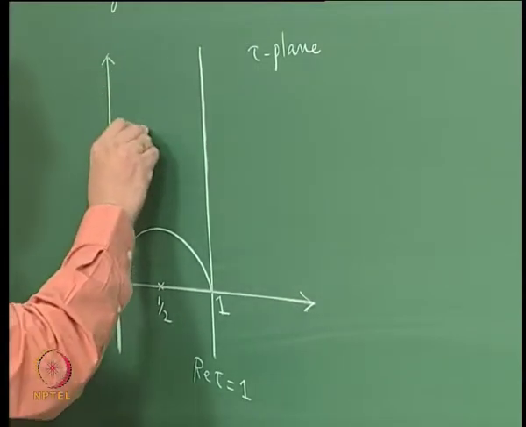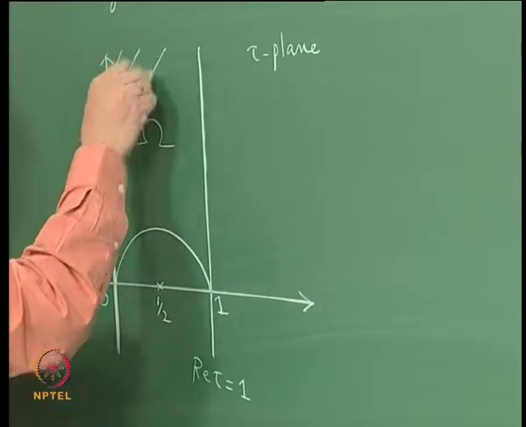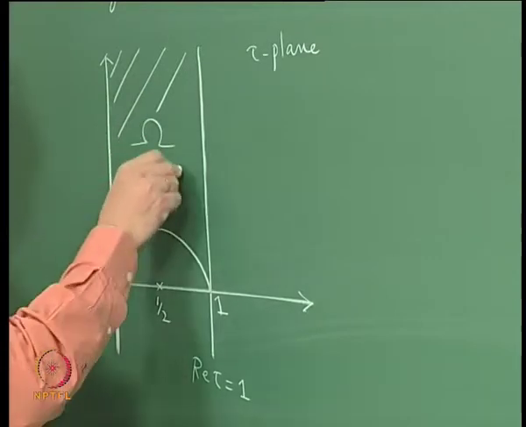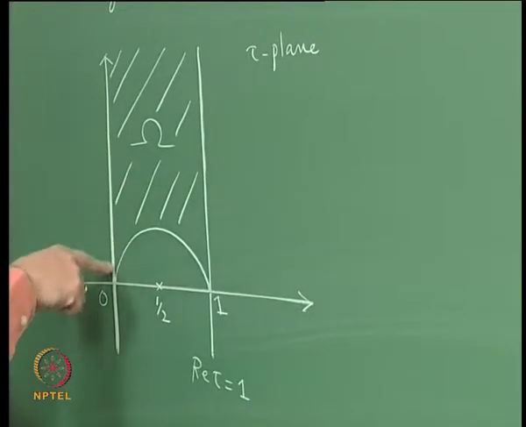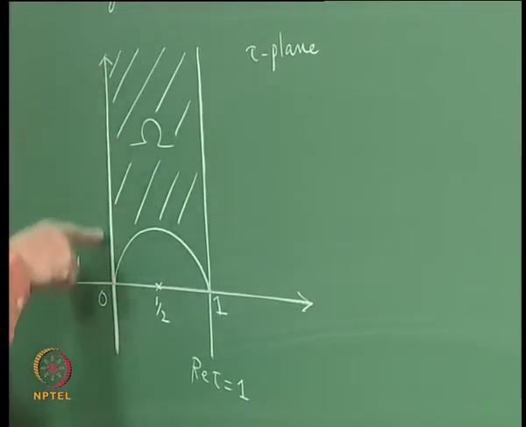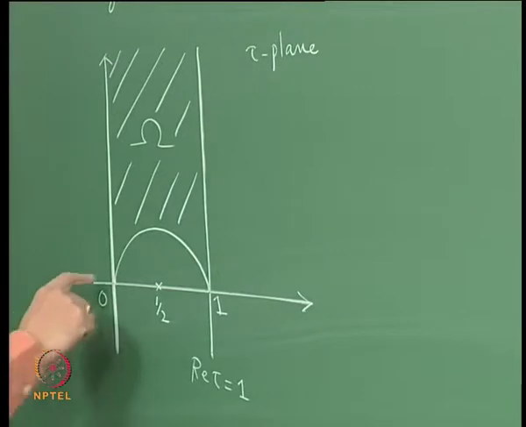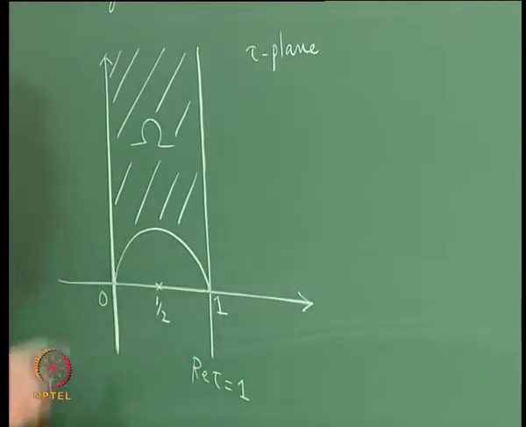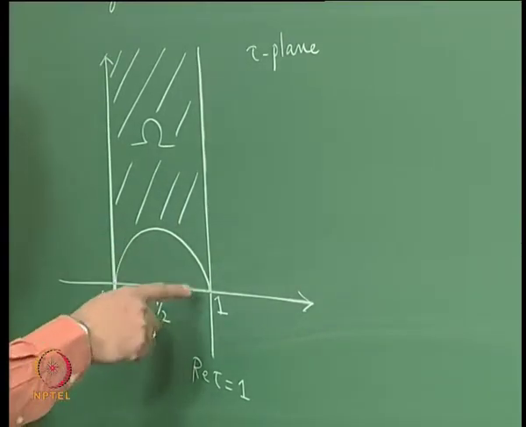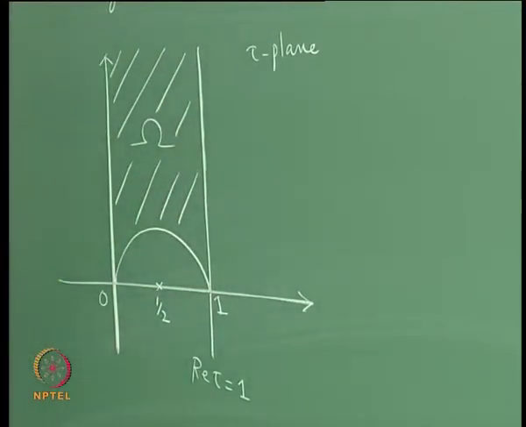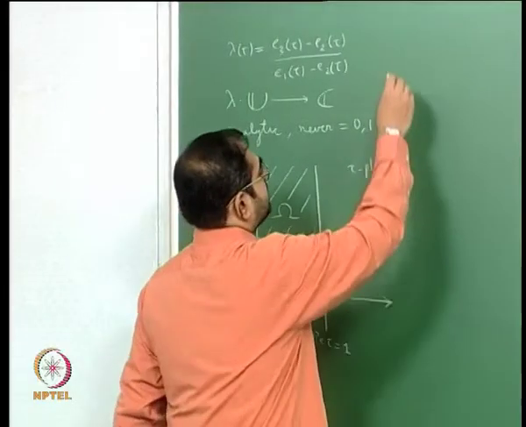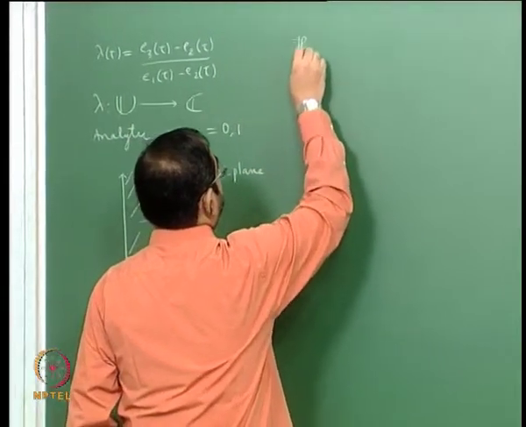We take this region omega. The boundary of omega consists of this positive part of the imaginary axis and part of this semicircular arc, and then this positive part of this line parallel to the imaginary axis, okay, and then the claim was that